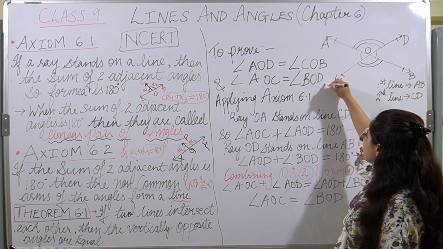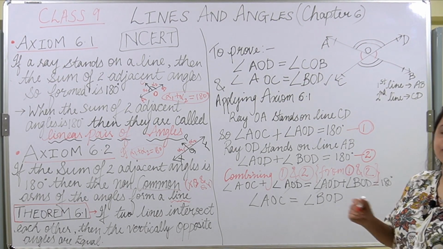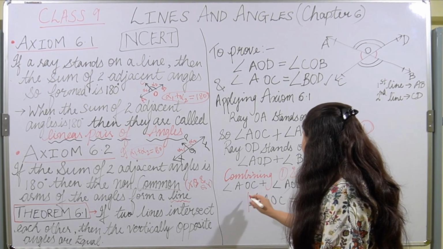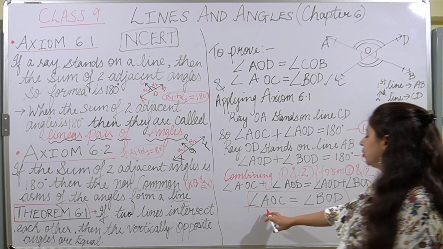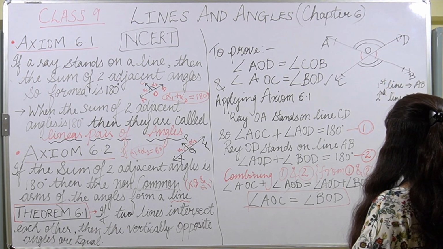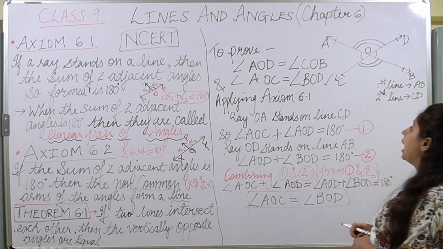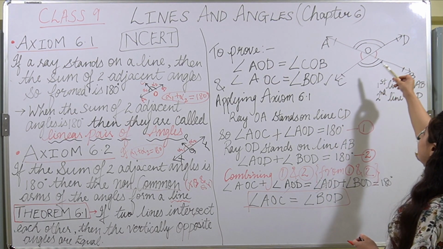The second equation is proved. Okay, so my first pair of vertically opposite angles is proved over here. Now for proving the next vertically opposite angles, I'll again be taking the rays